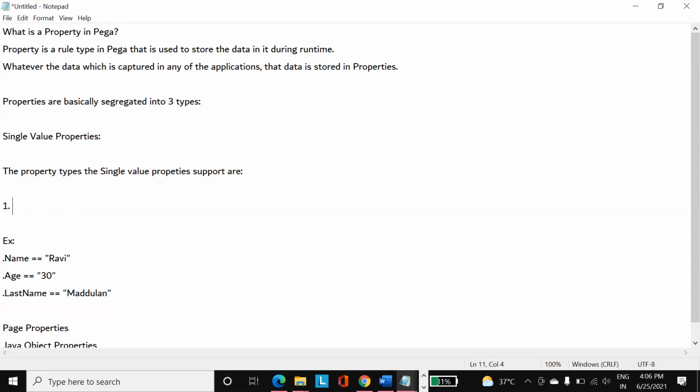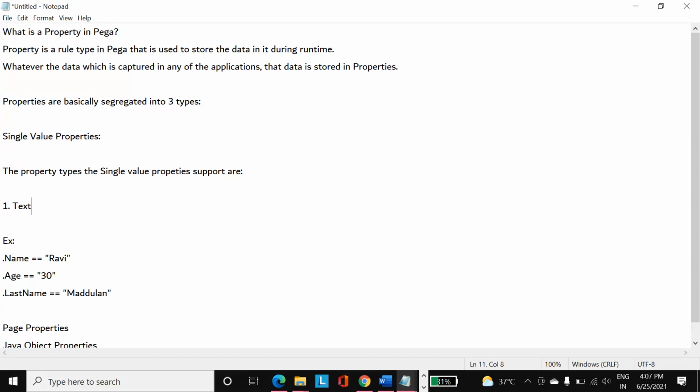In such scenarios, if a property has to take only integer type of data, then we create that property type as integer, so that the age property will not accept any other character types of data except integer. That's an example of property types.